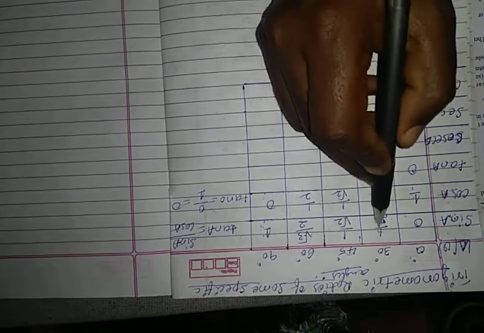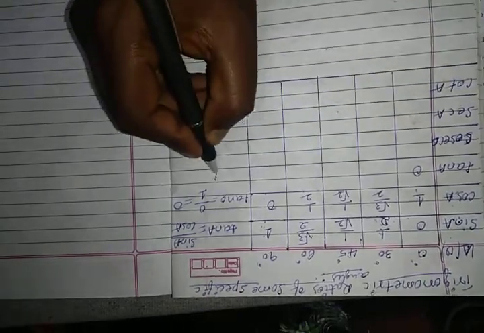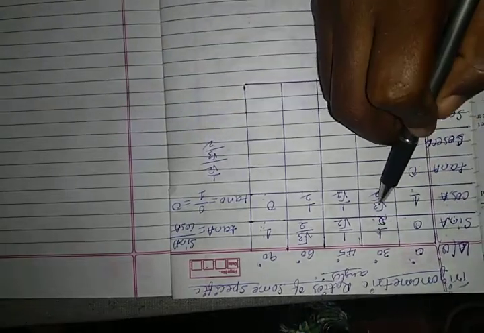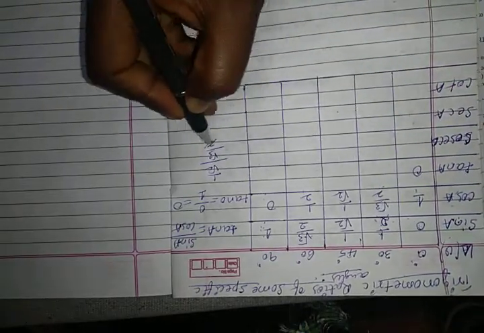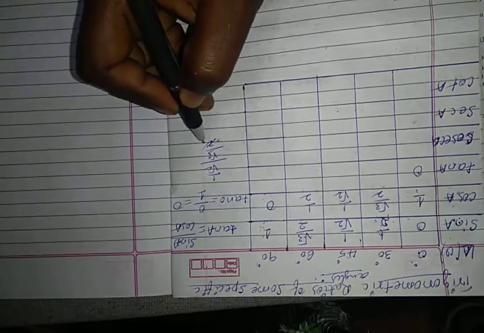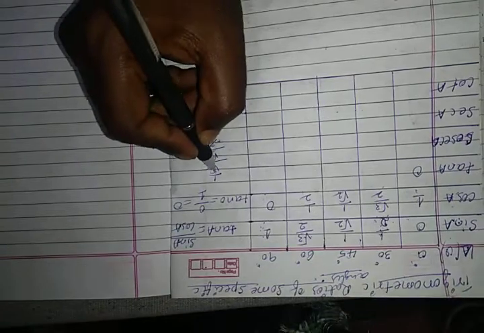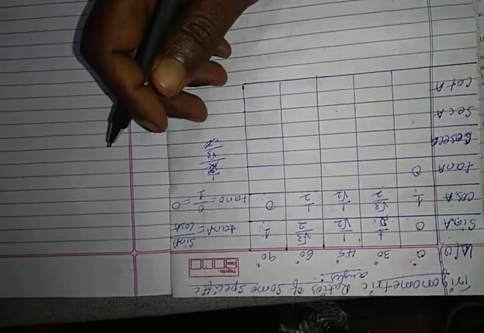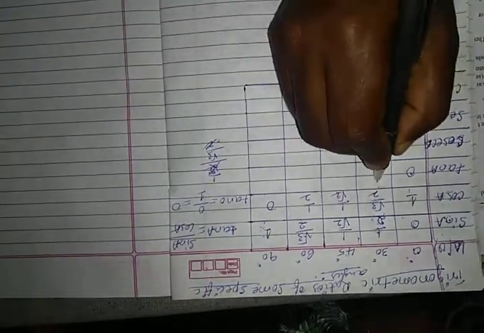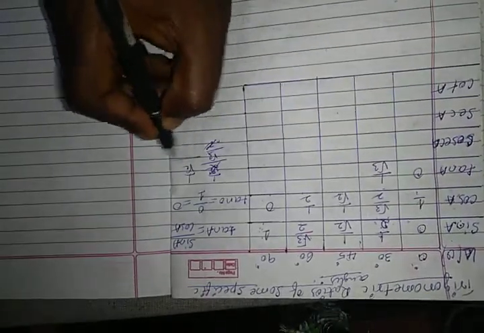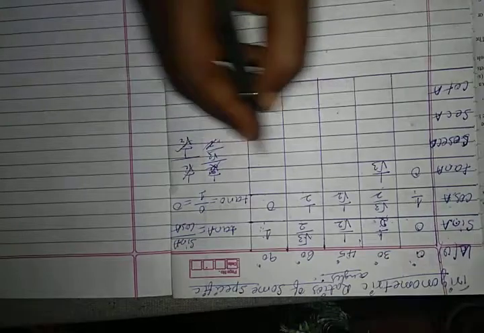And the second one, 1 by 2 divided by root 3 by 2. See, 1 by 2 divided by root 3 by 2. This is not root 2, only 2. So this 2 and this 2 get cancelled. Then here it is root 3 divided by 2, meaning 1 divided by root 3. And here it is 1 divided by root 2 divided by 1 divided by root 2, so both get cancelled.